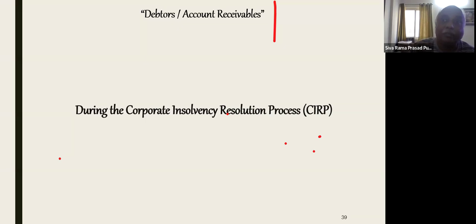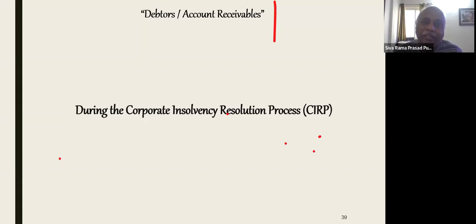If you ask that question to me, it is as good as a balance with the bank in the current account. Once he has taken the goods and uses the goods and not paid the amount to the company, thereby the company is facing the legal problem, that is a CIRP, definitely he has to pay. Sometimes due to liquidity problem only, some companies are facing the problem of a CIRP. So these areas are to be tagged by the IRP.